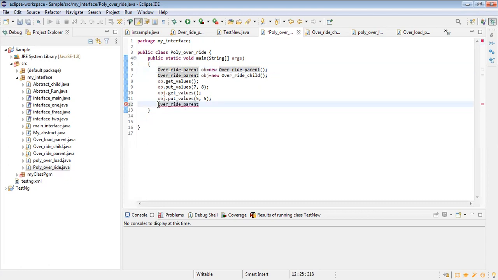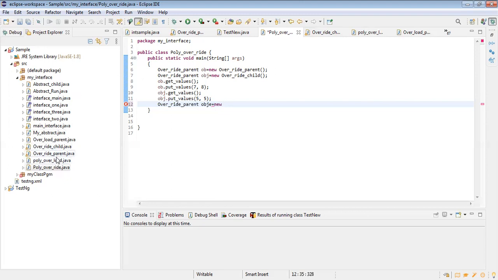Give some object name, equal to new. Do you have any other class here, Sneha? Is any other class available? Yes, sir.